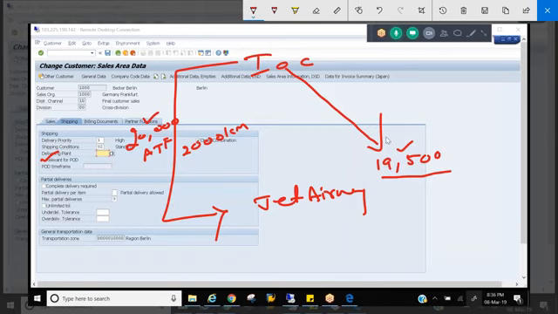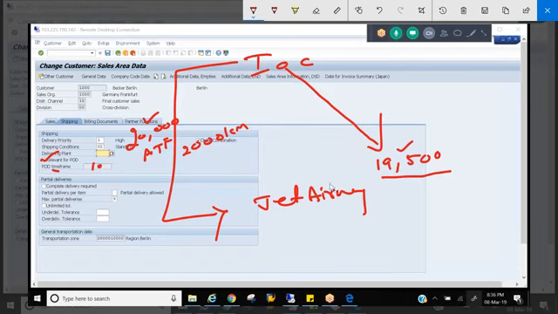In SAP, you cannot bill the customer until you receive a POD from the customer. It's been more than a month, and the customer has not sent the POD. If you don't have a POD, you cannot bill the customer. Then you can put a time frame here. Let's say 10 days. The system will wait for 10 days and will not allow you to raise an invoice to the customer unless he sends a POD. But if he fails to send a POD within 10 days, the system will allow you to create an invoice. For what quantity?